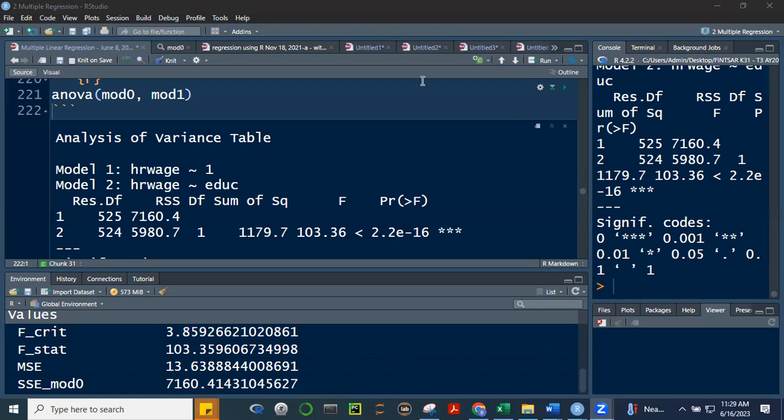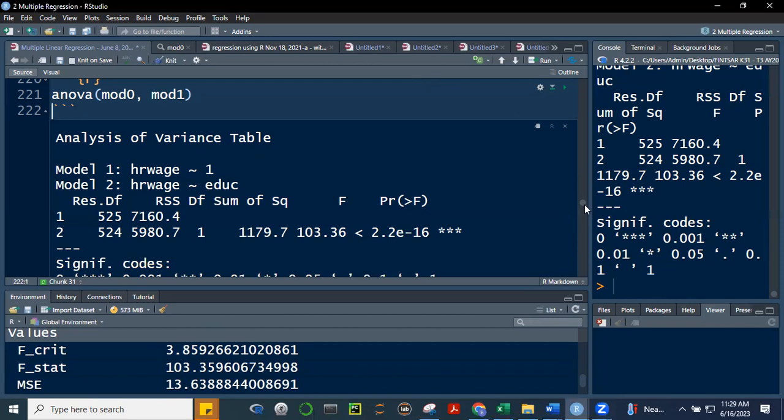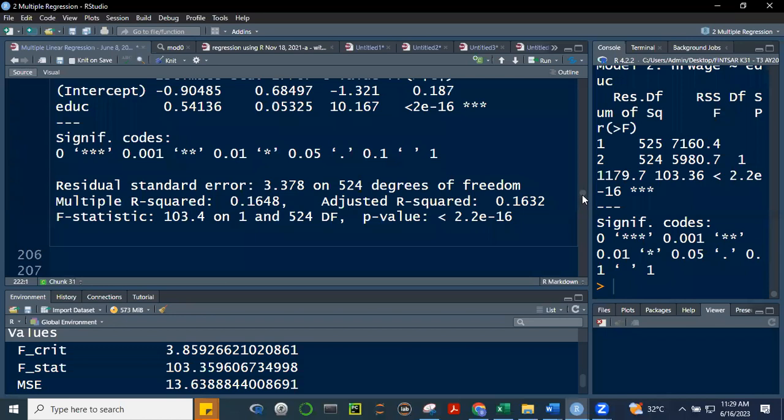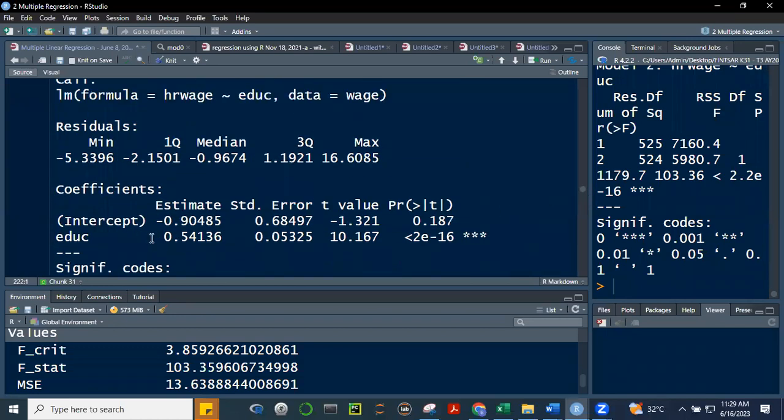Sir, question lang po. Yes, sure. Go ahead. So ibig sabihin, sir, di ba yung education may significant effect, no? Tama, no? Sa model. Yes. Which means that B1, education, is not equal to 0. Okay? In fact, dito sa model natin, ito yung average value niya, 0.541. And this value, this B1, is statistically significant. So, hindi siya